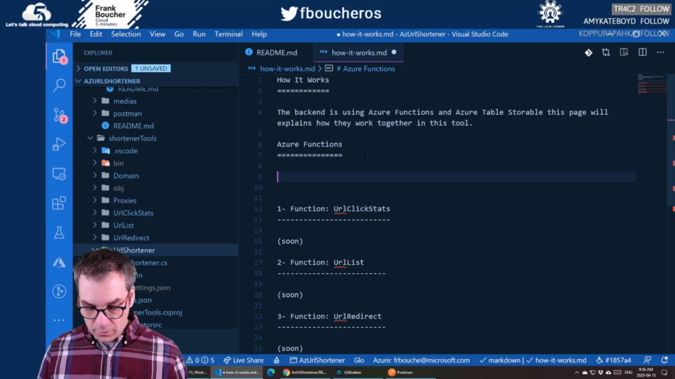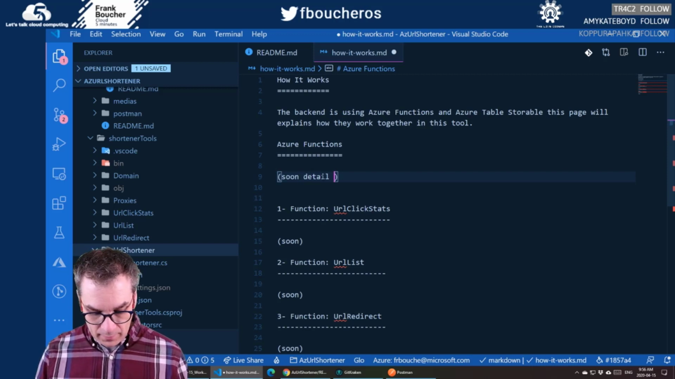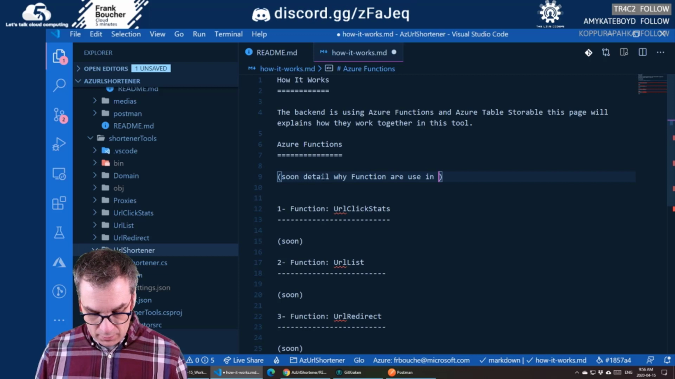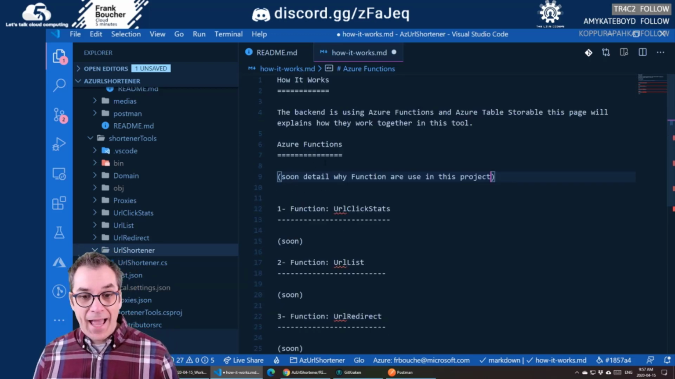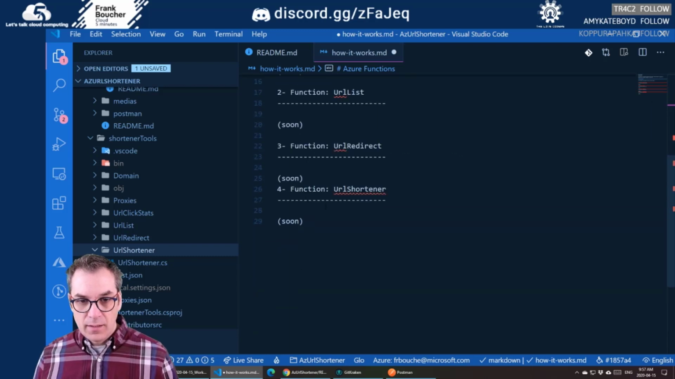Oh, here I want to put this soon. Detail why functions are used in this project. Cool. So that's for the Azure function part, and now I want to add the storage,